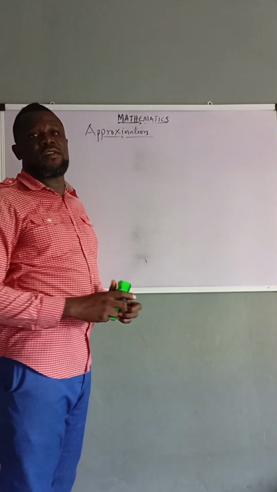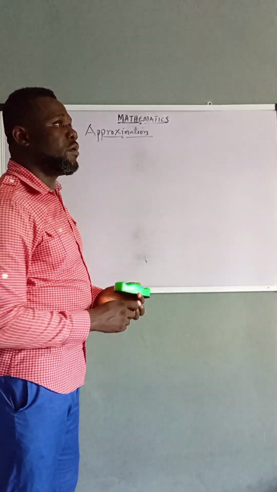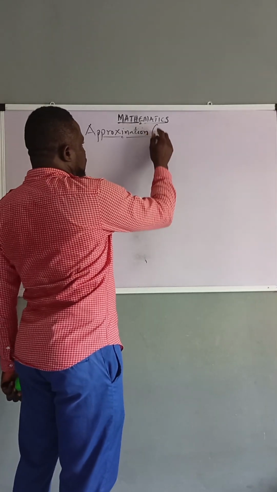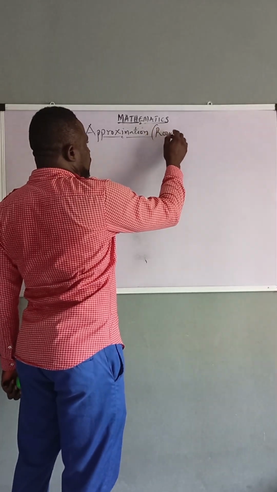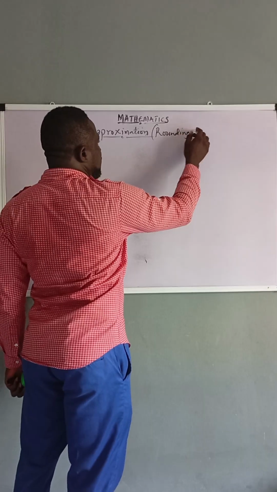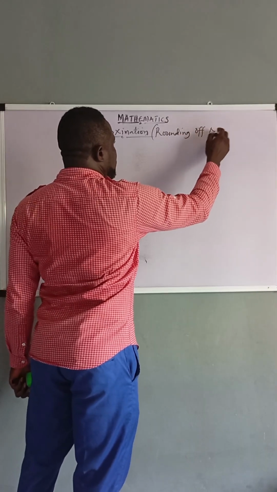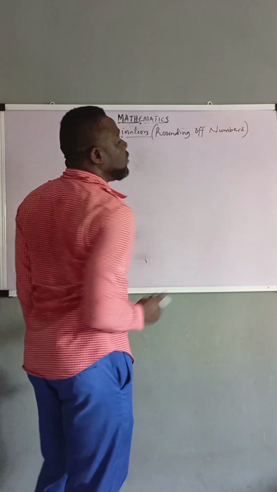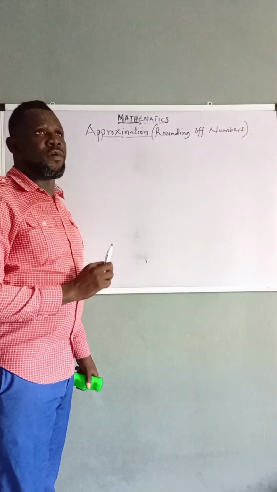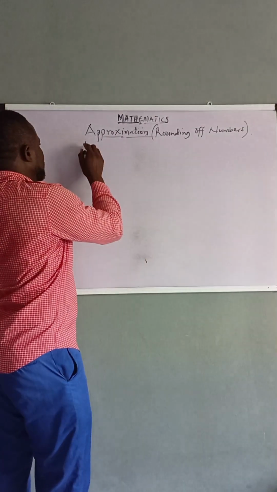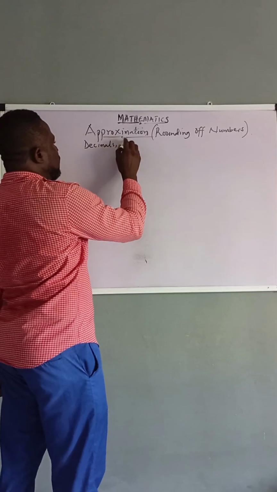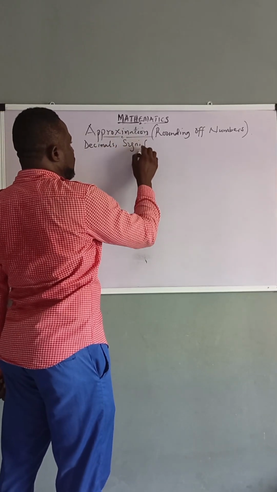The topic here is approximation. When you see approximation, what comes into your mind is rounding off numbers. That's what we do when we approximate. In approximation, we round off numbers either to decimal places, either to significant figures,